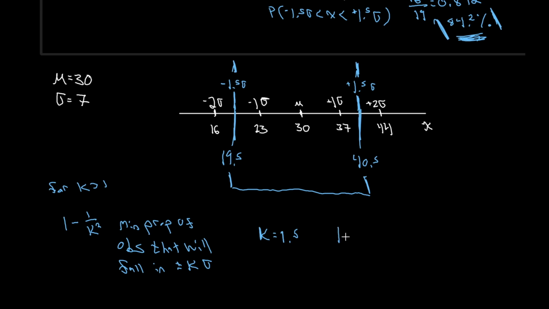Okay, throw that into our equation. 1 minus 1 over 1.5 squared, and that's going to yield for us, well, let's go 1 over 1.5 squared first, 1 minus that answer there, and we are going to get 0.5555 repeating, so we're going to go 0.556, or